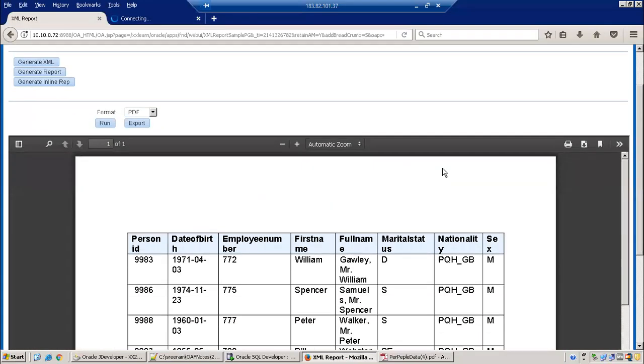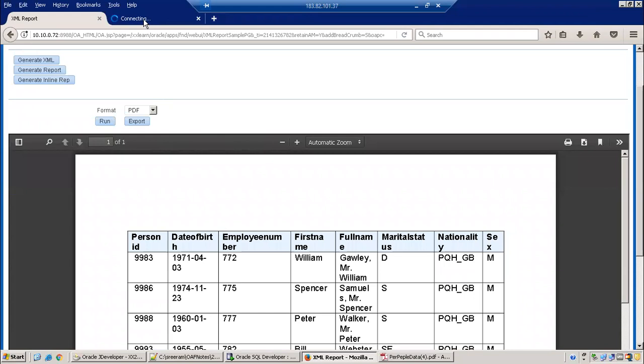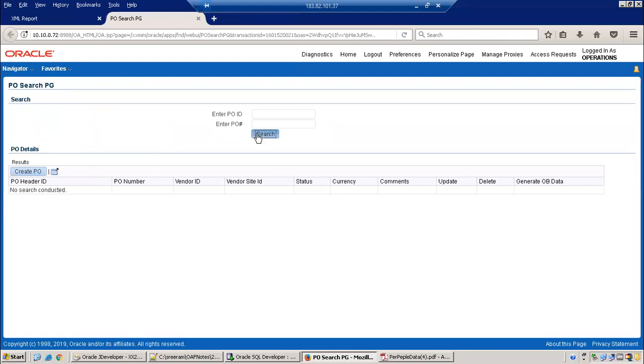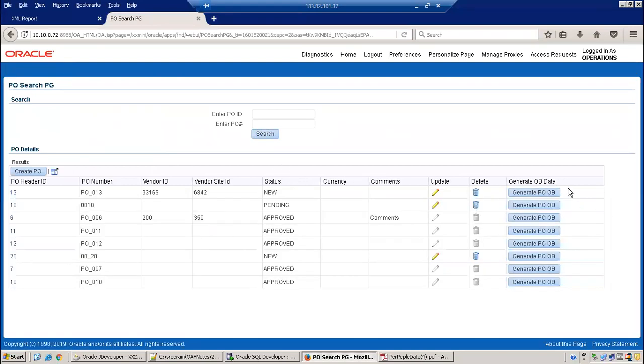If we want this embedding functionality in the search page, it does not look good. What we can do is, on a button event, invoke another page which will have both functionalities, a generate report as well as an inline report. Or I can have two columns, one for generate report and the other for view inline report. When you click on view inline report, it will go to another page. Rather than having all those complications, I will have a button here. I'll simply click on that, and it will pass the PO details to another particular VO, which will have the information there.